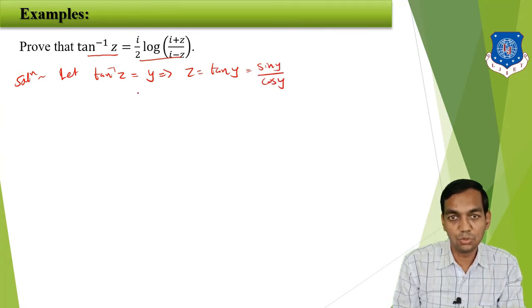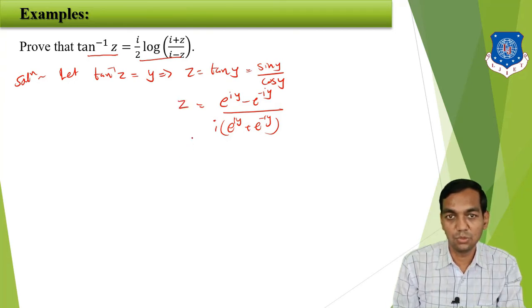And if you are going to put the values, then you will get e raised to iy minus e raised to minus iy divided by e raised to iy plus e raised to minus iy. Here you have i. This is the extra term, because 1 upon i is extra. Now what we are going to do, I am going to multiply this i here. So iz